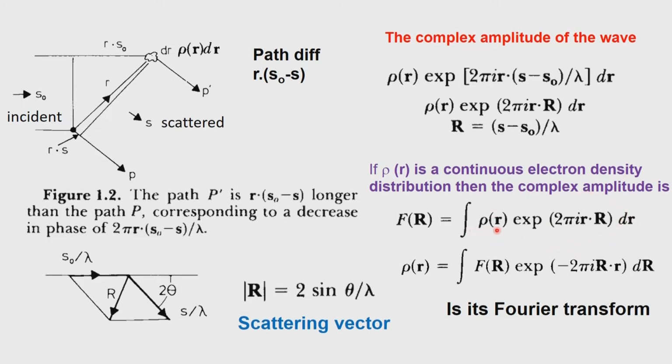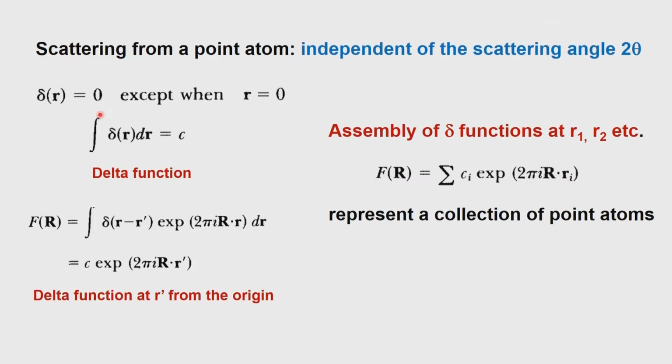So, it will be rho of r d of r. Okay. So, that will be integral rho of r d of r. So, what happens therefore is it becomes integral rho of r will be now written as delta of r d of r. This delta will be the total number of electrons. The total number of electrons present in this quantity integral delta r dr therefore is equal to c. C is a number which represents the total number of electrons. In case of carbon it will be 6, nitrogen it will be 7 and so on.